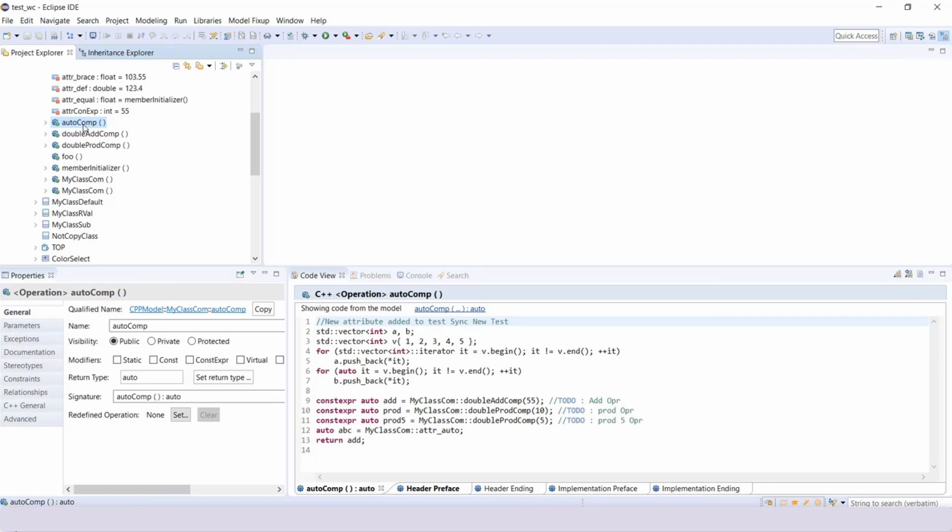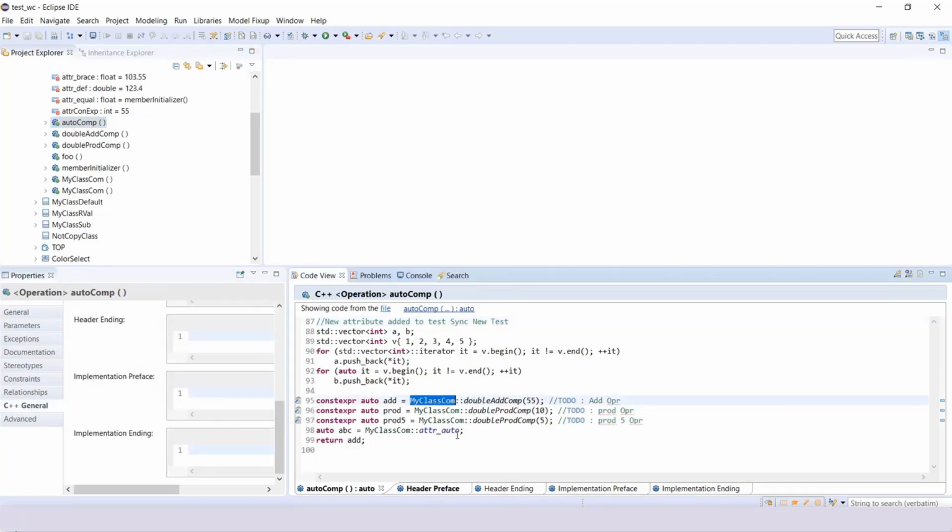Moreover, when you are in this code view, you don't have all the features or advantages that a real Eclipse editor can have. For example, if I select this MyClassCom, you see the MyClassCom text is highlighted, only the one which I have selected, but the other places where it has been used are not highlighted. But this will be available when you are using code editor or CDT editor. So for these reasons, we will be moving to code editor.